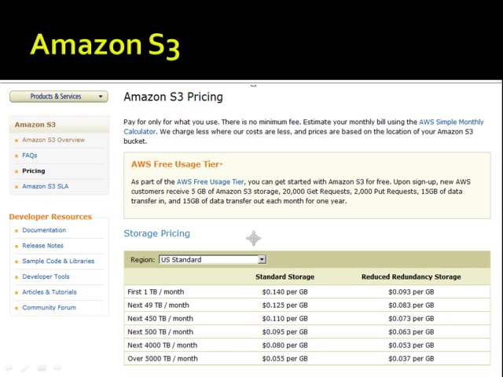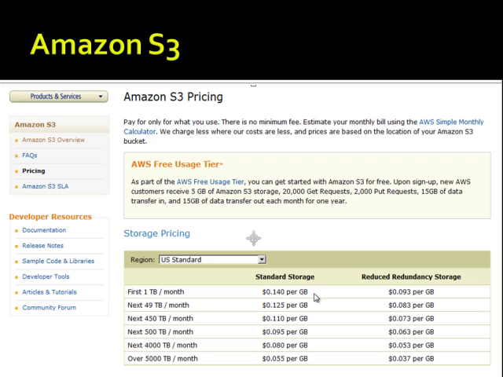As you can see here with this screenshot with Amazon S3, it's 0.14 cents per gigabyte. So, for example, that's standard storage. So let's say, for example, somebody downloads 1 gigabyte. That's 0.14, which is not a lot of money, but the web hosting company that I'm going to show you,